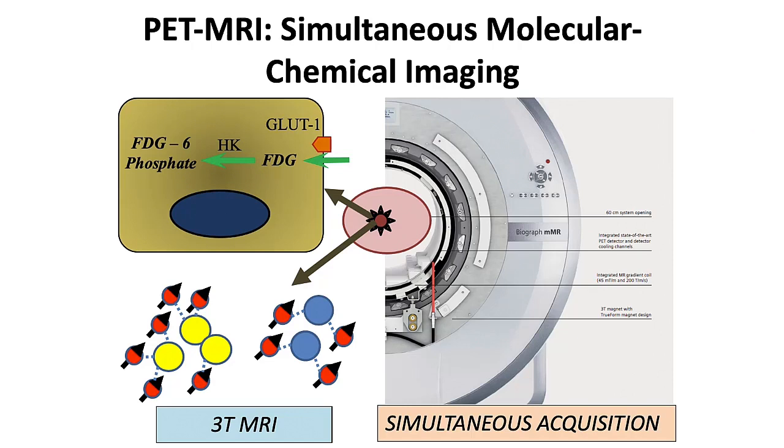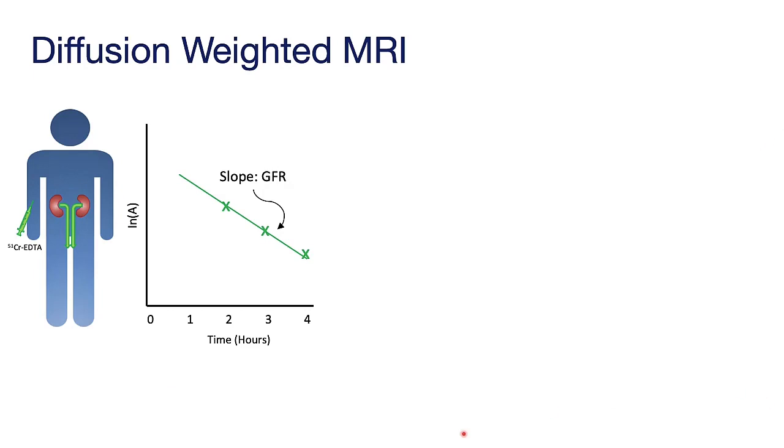And it is worth us spending a few moments to look at some of these measurements, because many people working in nuclear medicine who've not worked with PET MRI may be unfamiliar with some of the concepts. But in many ways, they are similar to measurements made in nuclear medicine. So, for example, most people in the audience would be familiar with the measurement of glomerular filtration rate using chromium-51 EDTA. We inject the tracer into the patient, and then it is excreted over time, and the speed at which